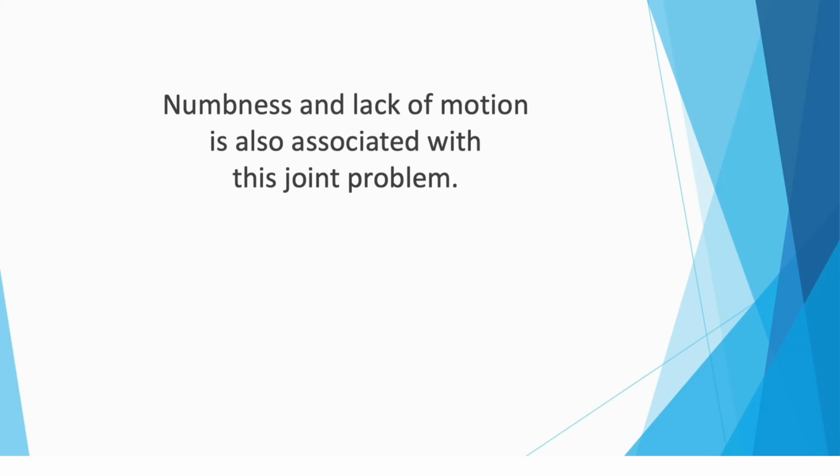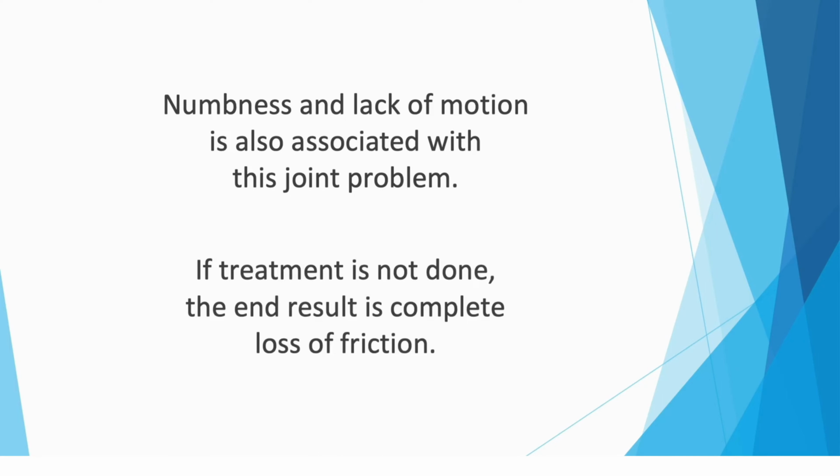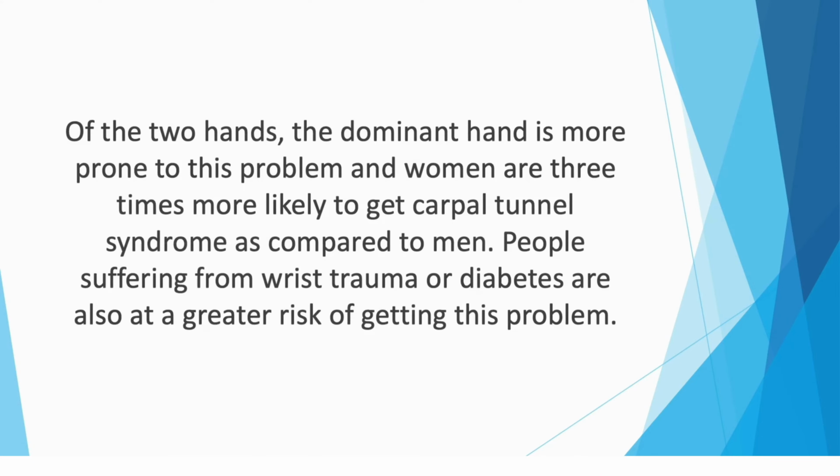This injury can cause a lot of pain. Numbness and lack of motion is also associated with this joint problem. If it persists over time, the sufferer loses flexibility in the region. If treatment is not done, the end result is complete loss of friction. Of the two hands, the dominant hand is more prone to this problem, and women are 3 times more likely